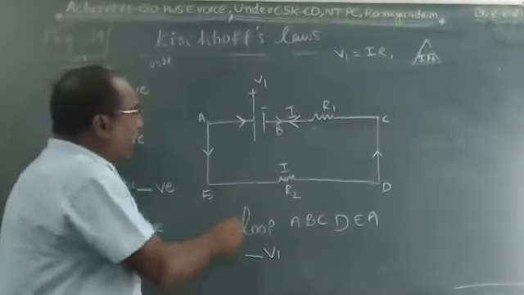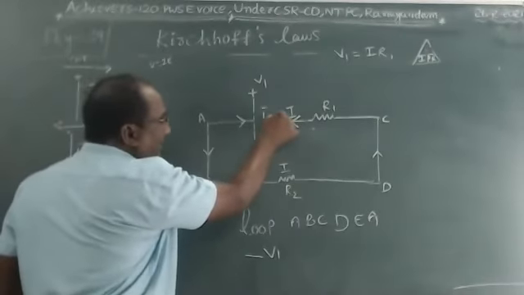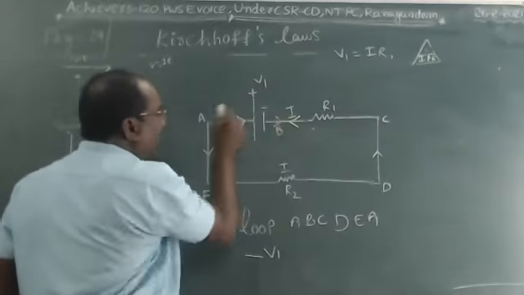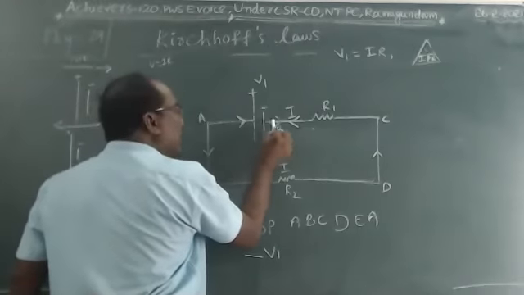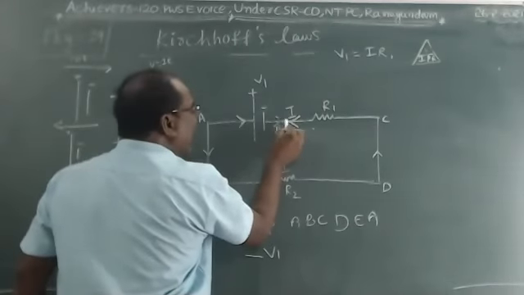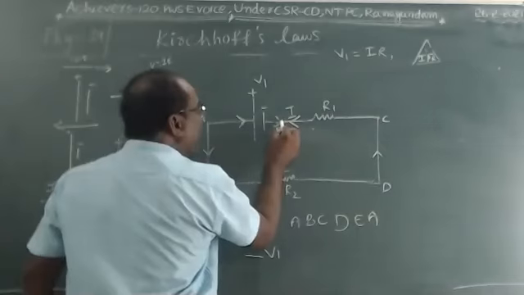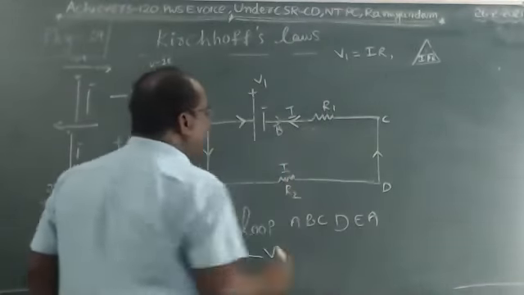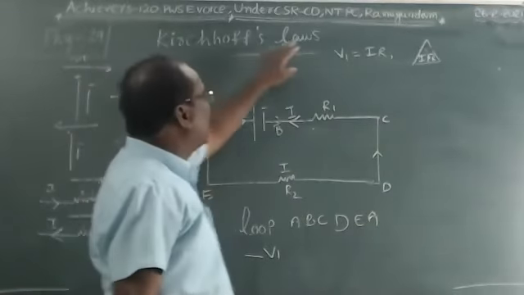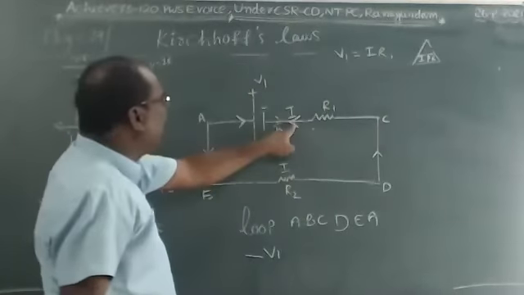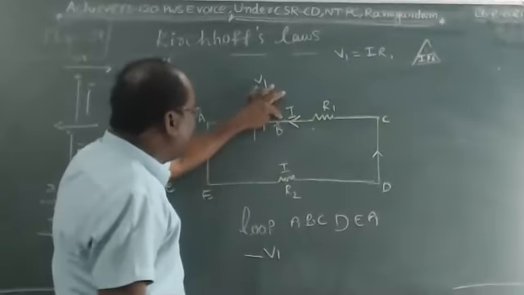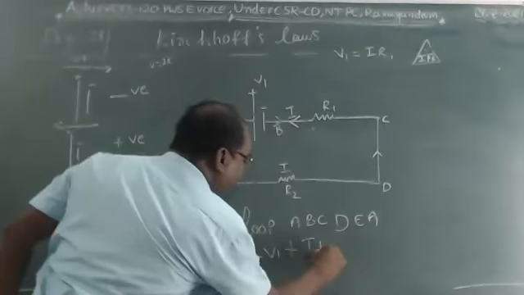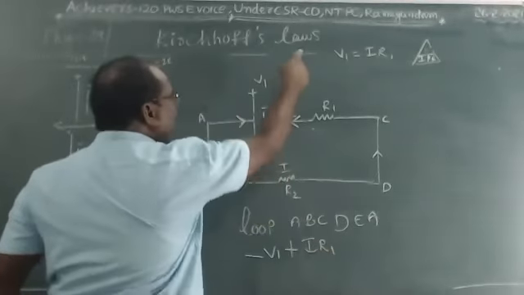Okay, children. Now I have drawn one direction; it is the potential difference direction. The potential direction is moving this way, and it is opposite to the current direction. This potential difference is across the current and across the resistance also. That's why the potential difference formula is V1 equals IR1. But the current direction and potential difference direction are opposite, so this value is taken as positive IR1, because V1 equals IR1.